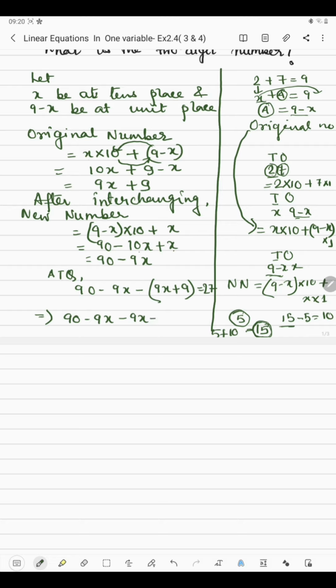Now in the next question we have: one of the two digits of a two-digit number is 3 times the other digit. If you interchange the digits of the two-digit number and add the resulting number to the original number, you get 88. What is the original number? So here it is said that one of the two digits of a two-digit number is 3 times the other digit. Suppose the number is 2, 3 times 2 is 6. So that means 26. Okay.